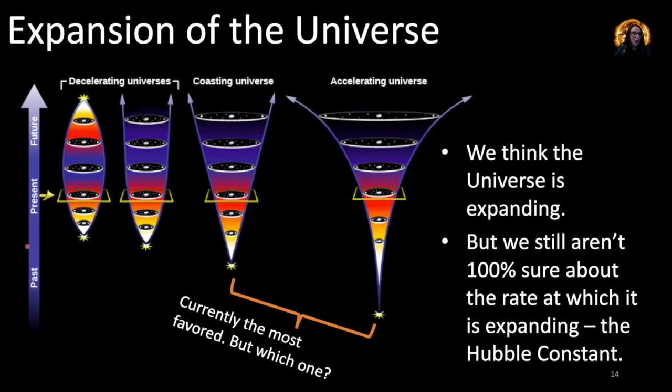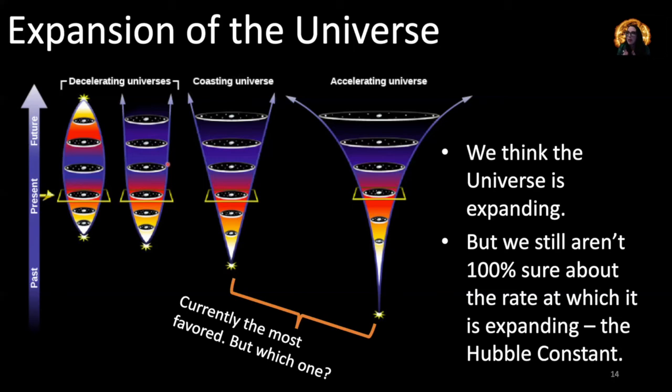If we look at this arrow here, the past is down at the bottom of the vertical axis. The future is at the top of this vertical axis. So these first two are examples of what we call a decelerating universe model. Here we have the Big Bang. The universe expands over time, and then it starts to contract on itself in this first one. In the second one, the universe also expands, but then eventually it reaches a point where it stops expanding and